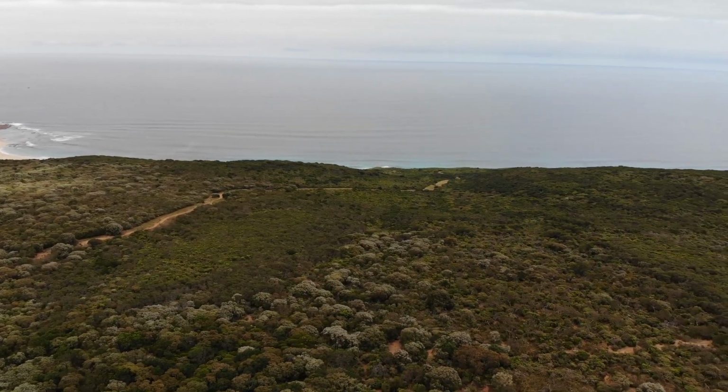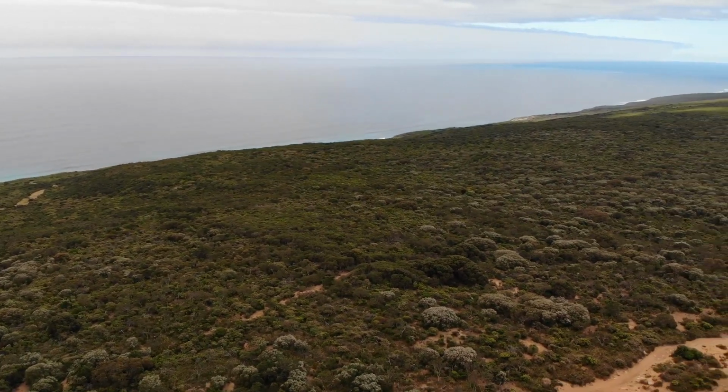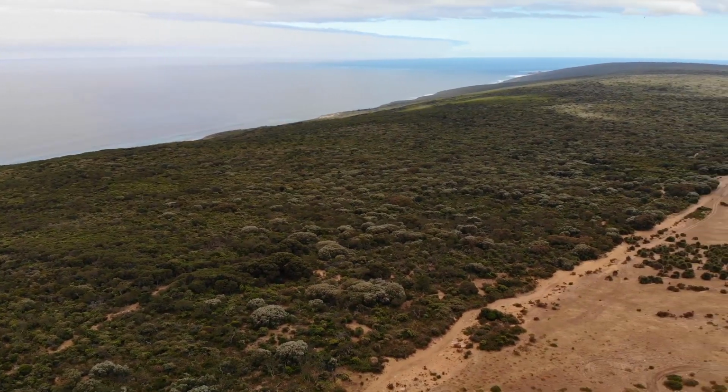Real specky part of the coast up here. Yelling up down here in front of me now, and you can see all the way back this way. Ocean, 270-degree views of ocean. Beautiful day out there today too, offshore. Should be going for a surf. All right, we're about to turn right